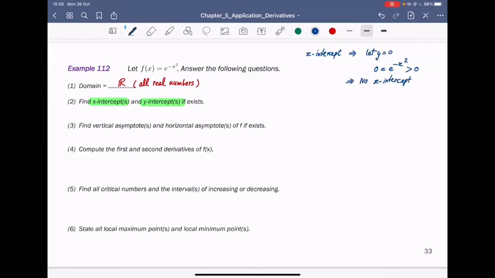Right? Because there is no way that you're gonna solve for x when y equals 0. Sounds good? And then next we're gonna do